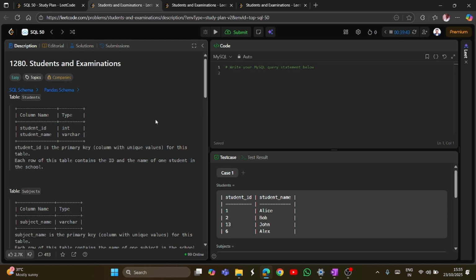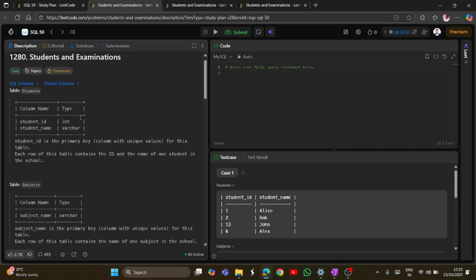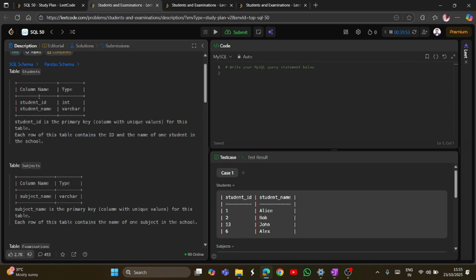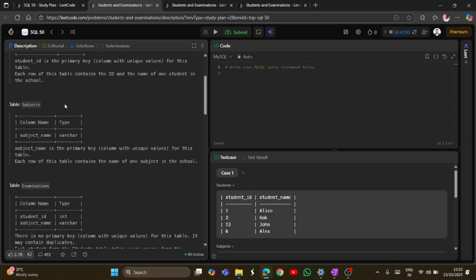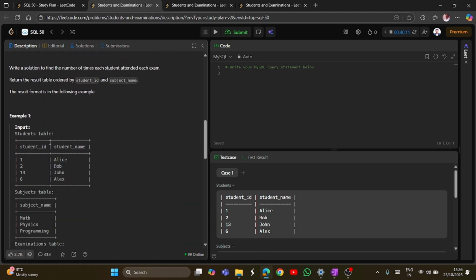So we have three tables: students, subjects and examinations. In students, we have the schema of columns: student ID and student name, which are of type integer and varchar. In subjects, we have only subject name. And in examinations, we have student ID and subject name. What they are asking us to do is write a solution to find the number of times each student attended each exam. So we have to find how many times a student appeared for each exam. And in the later part we also have to return the table ordered by student ID and